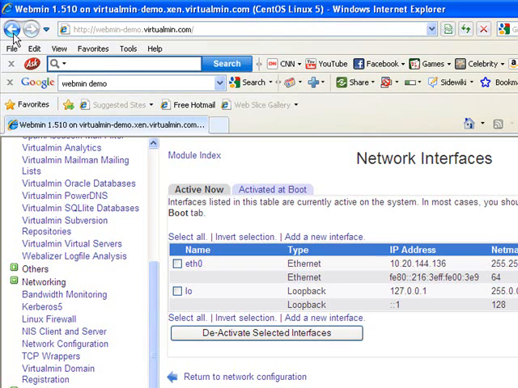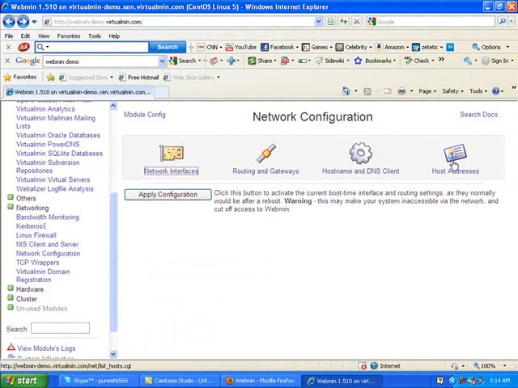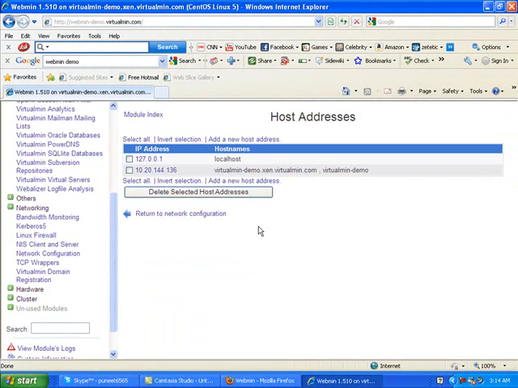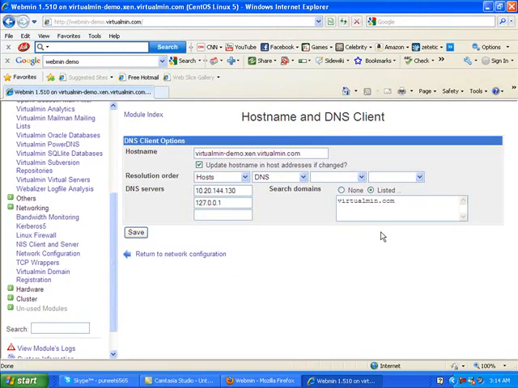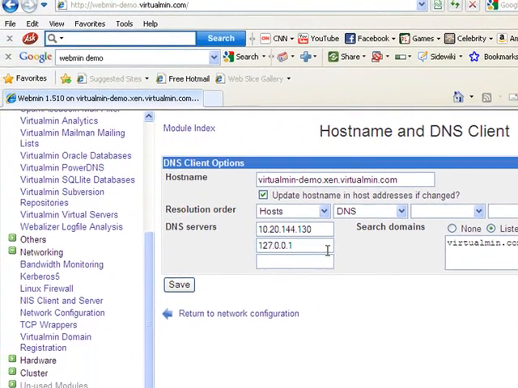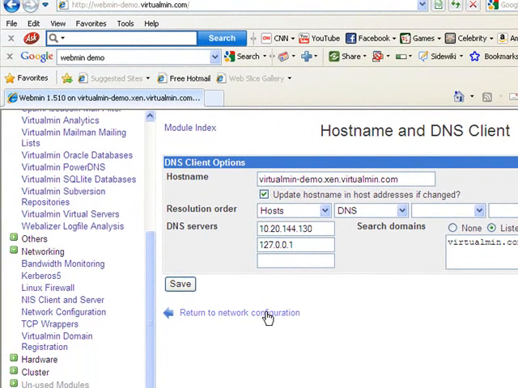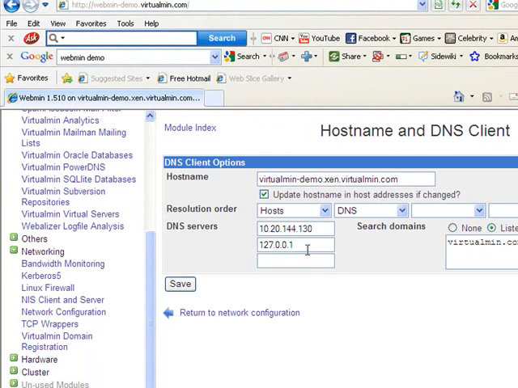Check your IP address for your machine. Your host name, and DNS servers. So in network configuration, move to hostname and DNS client and